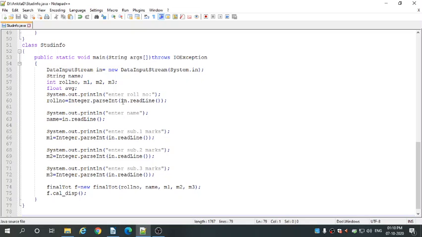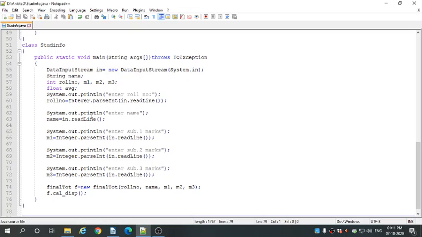So here we need to convert the value from string to integer. So Integer.parseInt converts the value from string to integer, and it is taking the whole line for converting the type. Okay, like this.